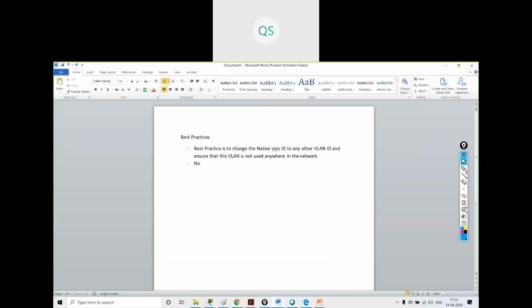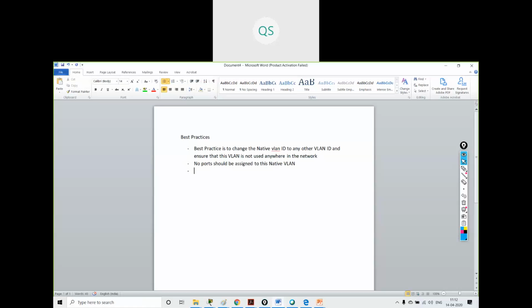No ports should be assigned to this native VLAN. Whenever we are changing the native VLAN ID, you should not assign any switch port to it.